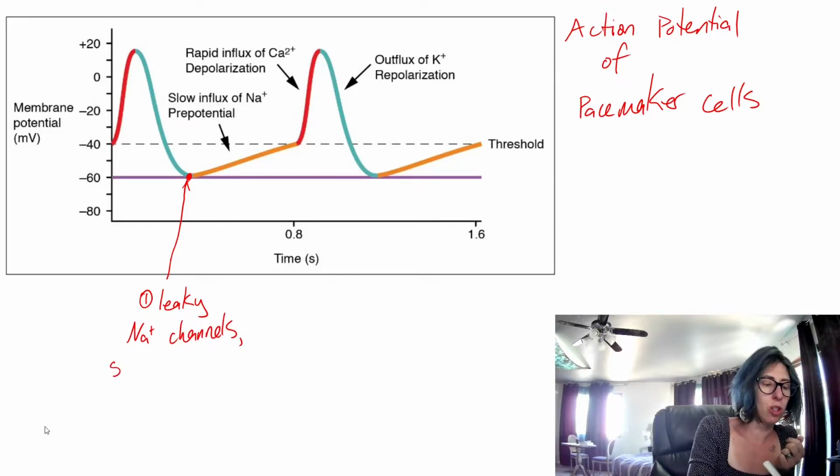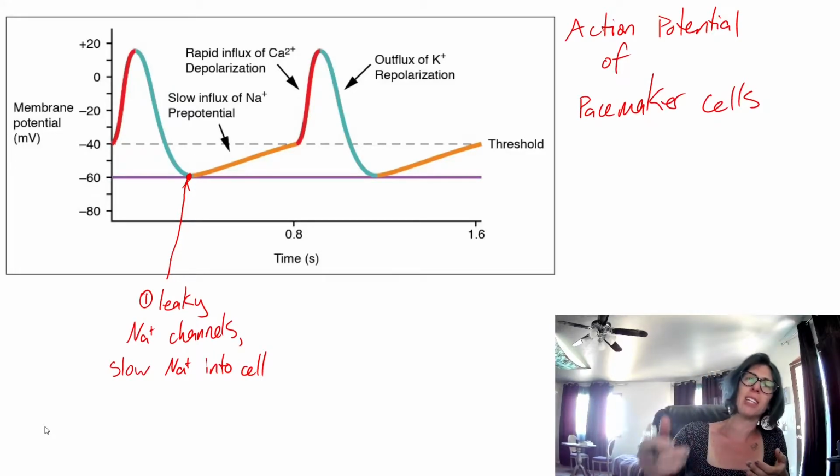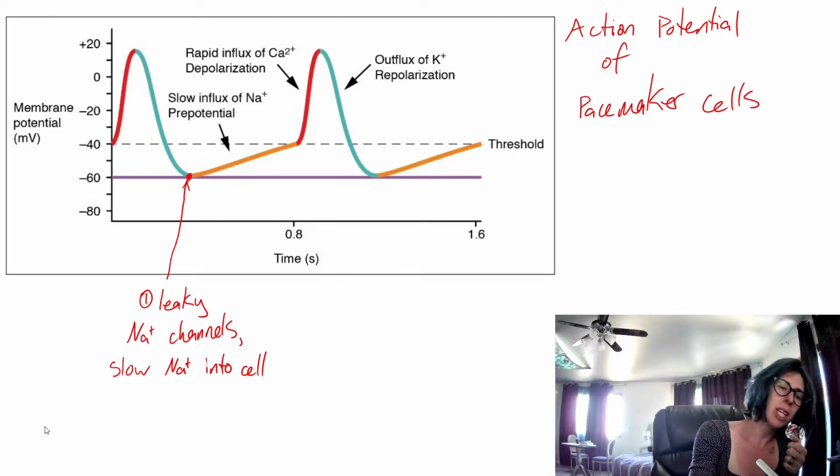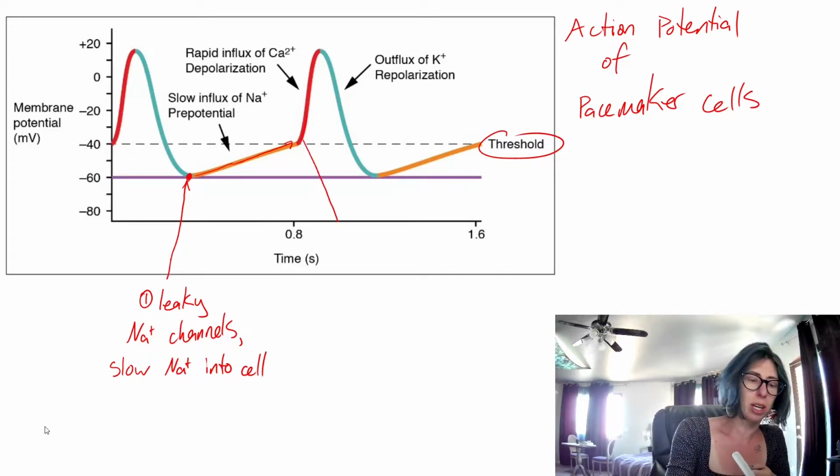So you have a slow movement of sodium into the pacemaker cell. So the cell gets as negative as it can get, but these sodium channels are just always open a little bit. And sodium's just leaking slowly into the cell. And that's bringing the resting, it's not a resting potential, right, because it's moving. That's bringing the membrane potential slowly up until it reaches threshold. Once threshold is reached, you get this action potential because